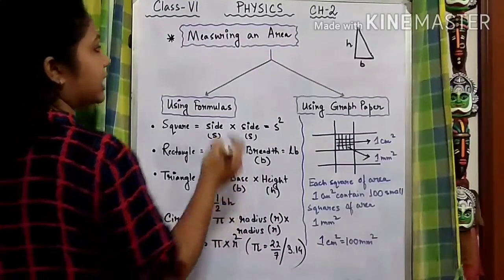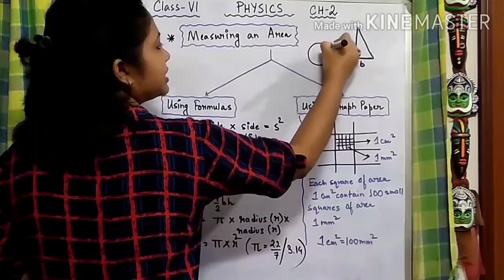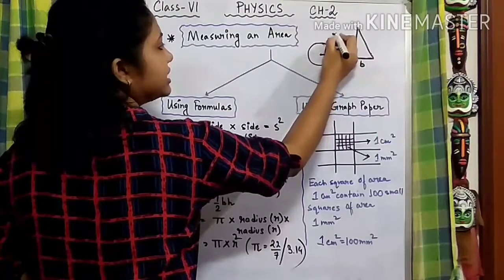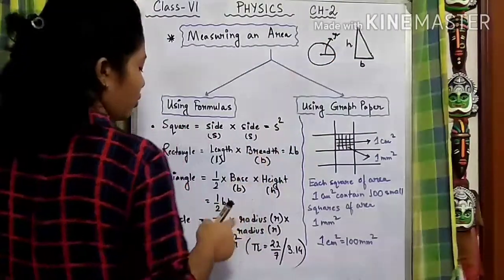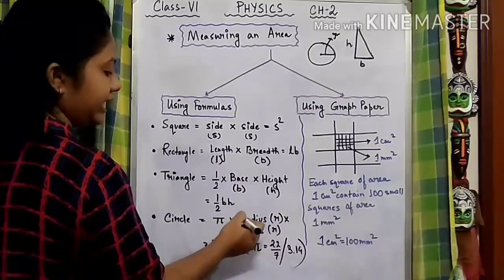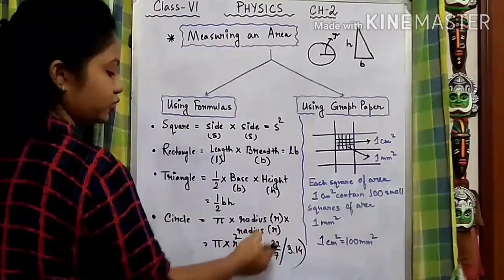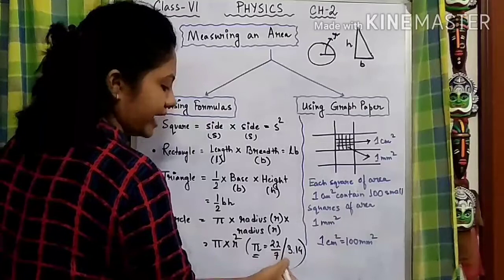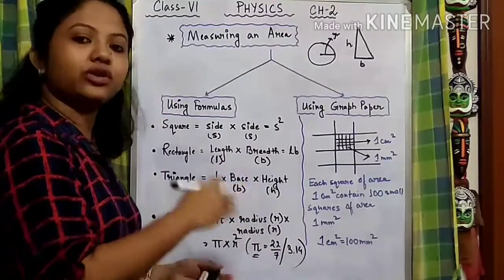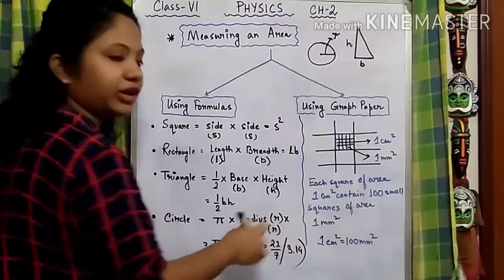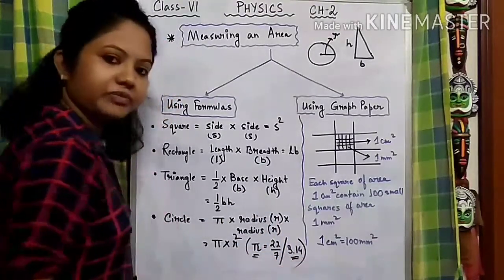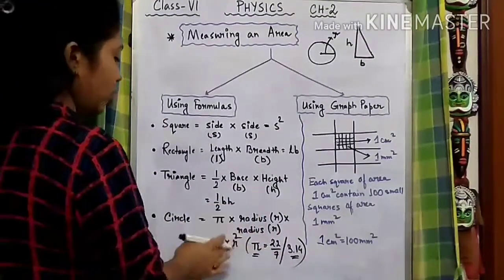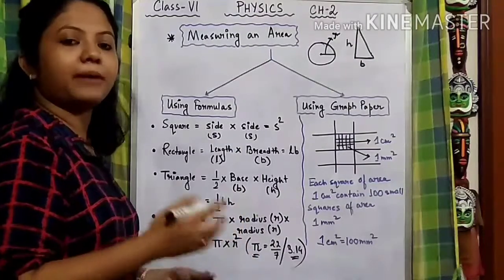After that, coming to the circle. In case of a circle, it is totally based upon one thing, that is the radius. So this is the radius. What is the formula? Basically pi into r square, that means radius into radius, where pi is a constant whose value we can take as 22 by 7, or you can use 3.14, because after dividing 22 by 7 you get this value only. You can use either of them. So this is how we find the area of a circle, pi r square.